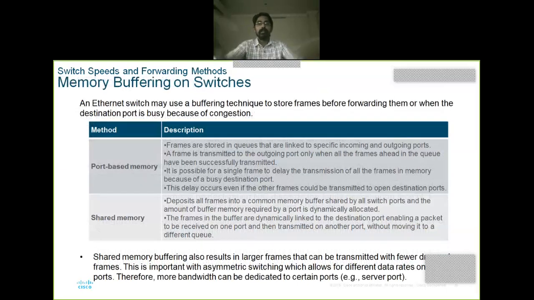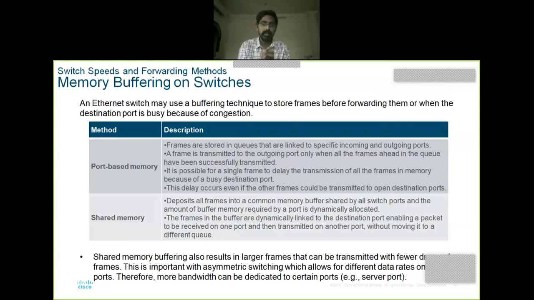For the store and forward mechanism or anything else, the switch has its own memory for storing data. To organize this memory, the switch has two methods: port based memory and shared memory.